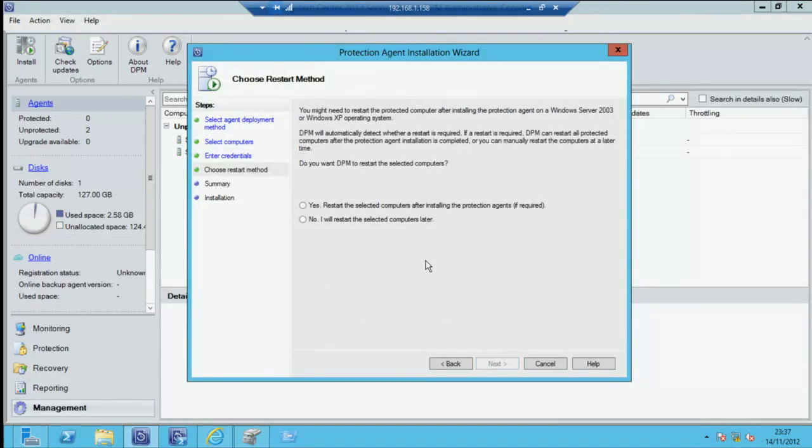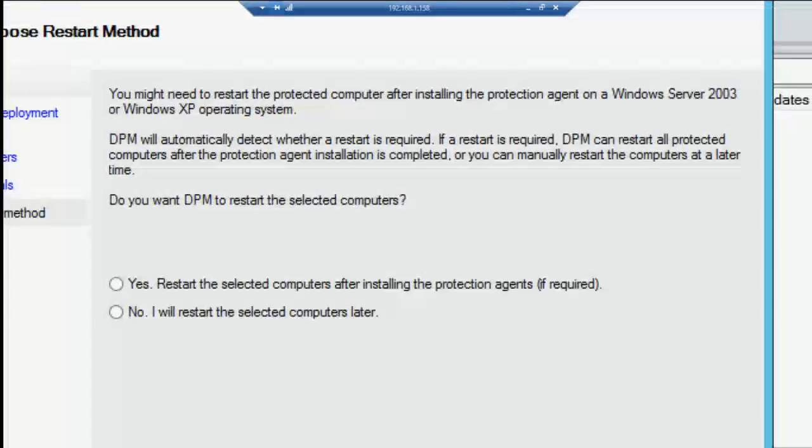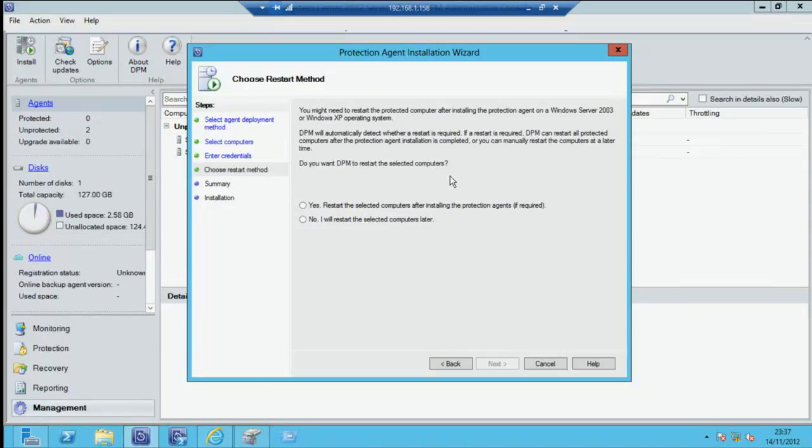And you can see here, it's prompting me to choose my restart method. As the detail says here in the dialog, the restart's only actually required if we're running on a server that is Windows Server 2003 or prior to that build. If we're running Windows Server 2008, which of course you will be for SharePoint 2013 servers, you wouldn't need to actually restart the server, so you could select the no option here, and the agent will be deployed without any